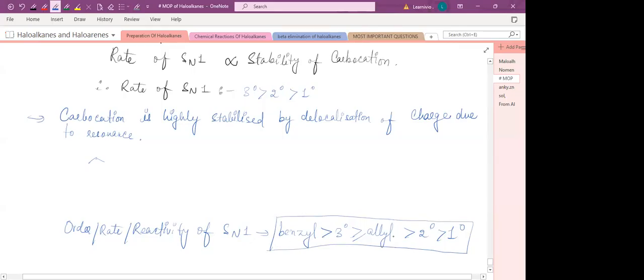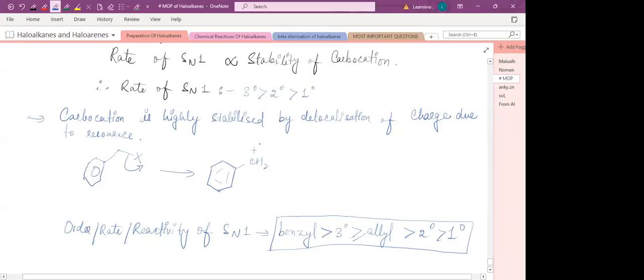Benzyl, then 3 degree, then your allylic one, then your 2 degree, then 1 degree. Okay, let's see why. Suppose you know the benzyl halide is what? When the halogen atom is attached to the sp3 hybridized carbon, and this sp3 hybridized carbon is attached to the benzene ring, right? Now this is benzylic, so SN1 type of reaction occurs via carbocation formation, right? So when this halogen removes, what will happen? It will form a carbocation,